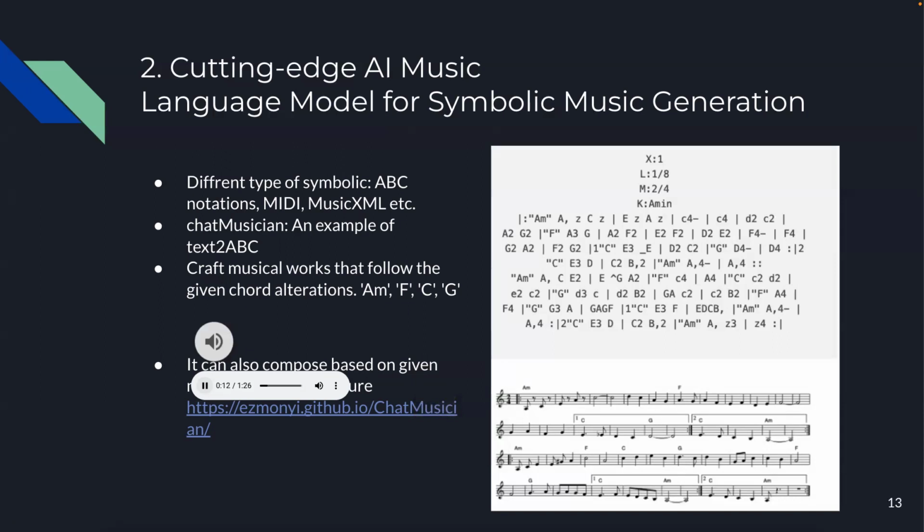the model roughly follow the chord device and also